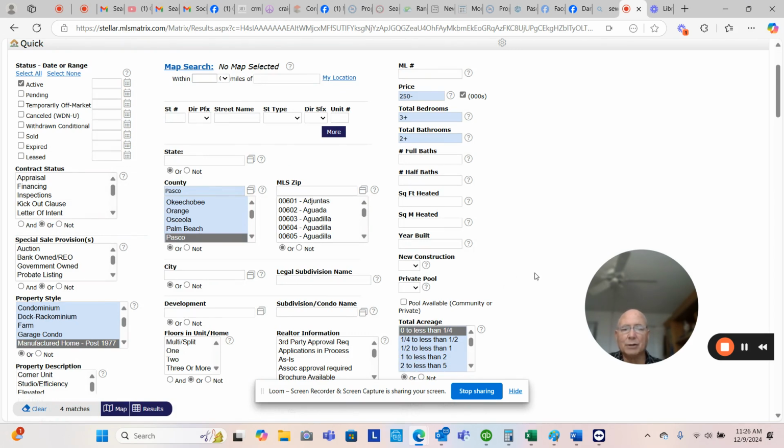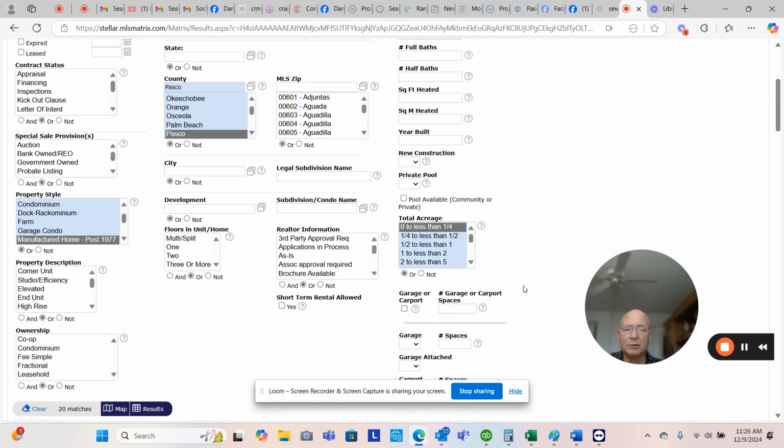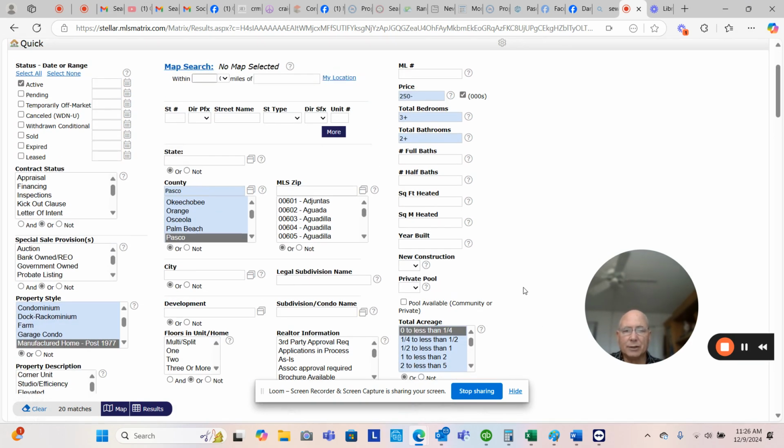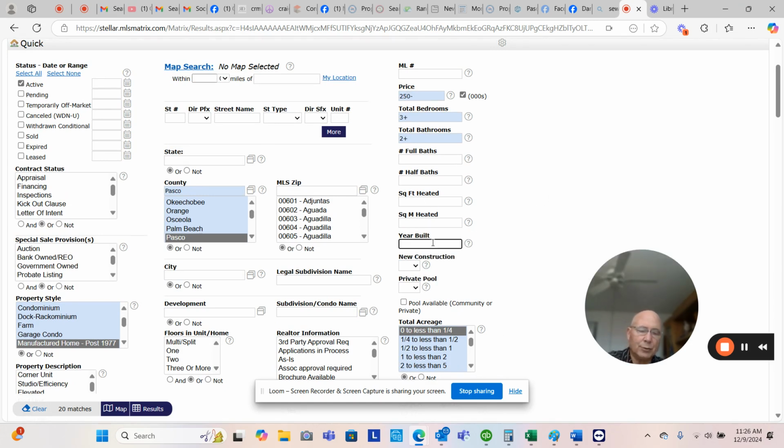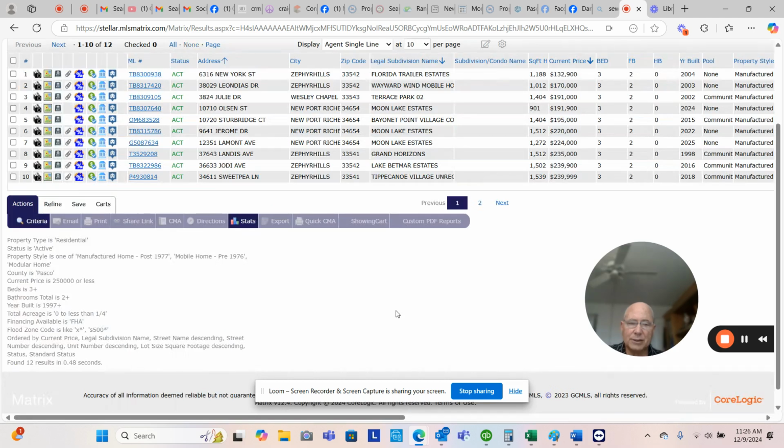So now we're going to look at what's on a 1/4 of an acre less. Now there are 20 here. Let's just look at the best ones. So let's say the best ones are the ones that are newer. So let's say 1997 or newer. 12 of them. So let's take a look at these. Now these are going to be on smaller lots, but